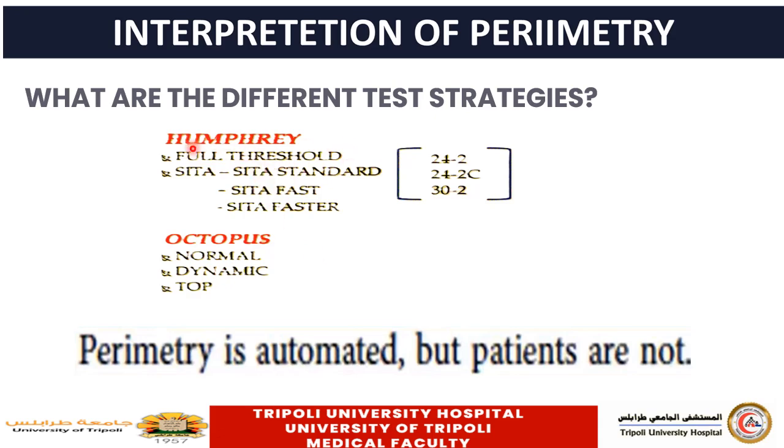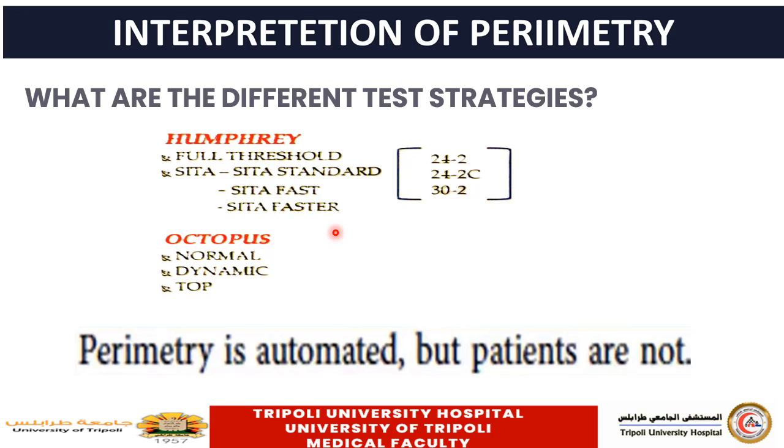The different strategies used are like the full threshold strategy and the recently developed SITA strategy, which can be subdivided into SITA standard, SITA fast, and SITA faster, and also the Octopus strategies, that's the normal thresholding strategy, the dynamic, and the TOP strategy, that's the tendency oriented perimetry strategy. And we will go briefly and a little deeper to understand the difference between the thresholding and SITA standard and SITA fast and SITA faster,